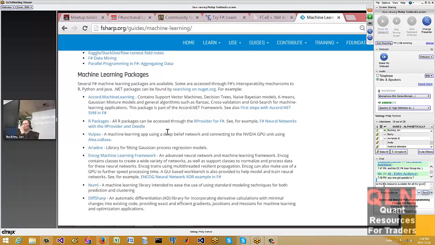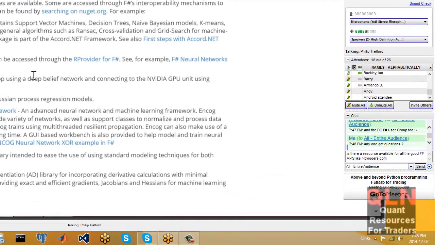One of the projects to watch is one called Kelp, which was demoed earlier in the year, and that's a deep belief network written in FSharp, running via cuBLAS on NVIDIA GPU.